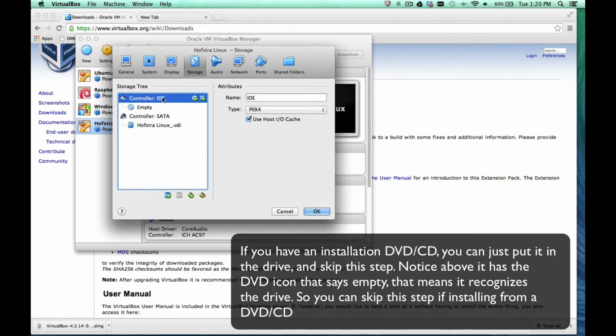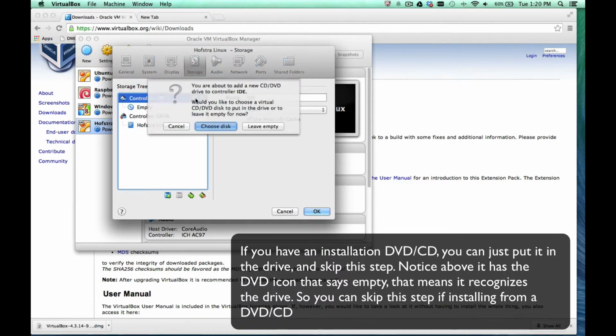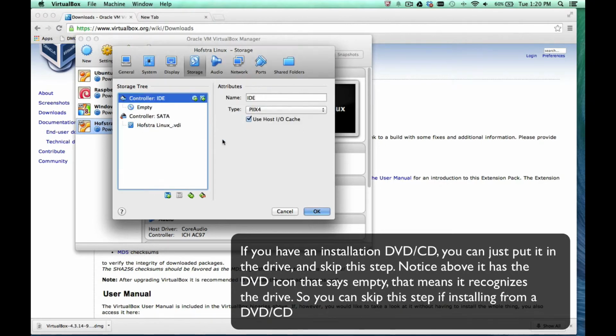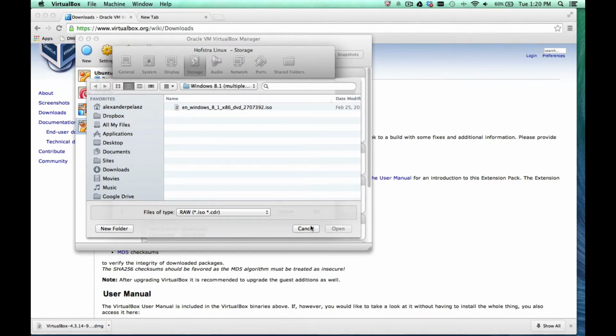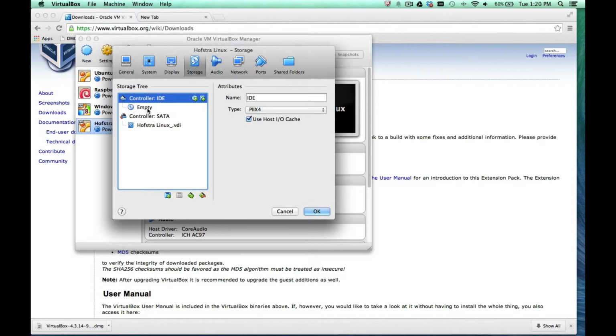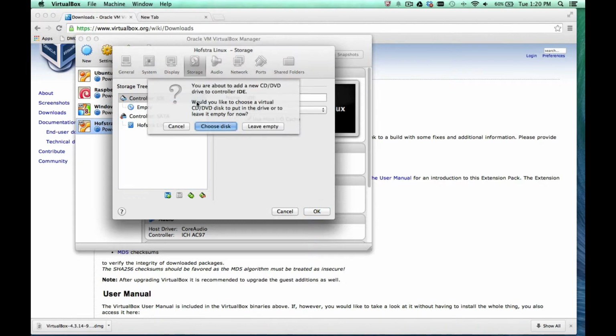It doesn't really matter. But here, what we're going to try and do is we're looking for a disk image that has the installation. Now, what I'm going to do is I have an ISO image, so I'm going to basically choose the disk, and you will see here raw ISO image. Let me just do that one more time so you can see what I did. The ISO image is going to be the same thing as my CD or DVD that has the installation disk. So I'm going to basically click the little circle with the plus,